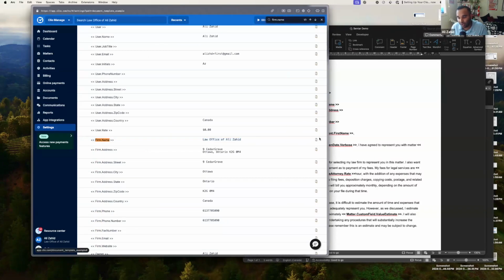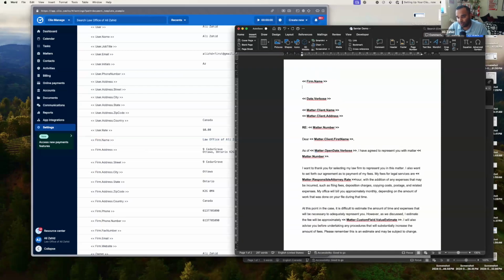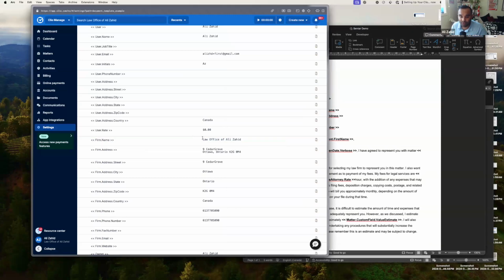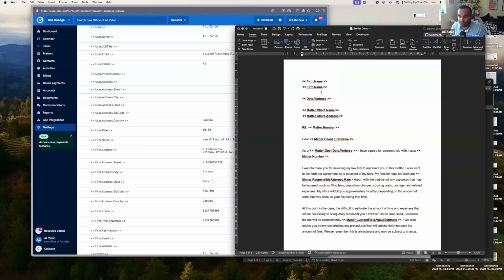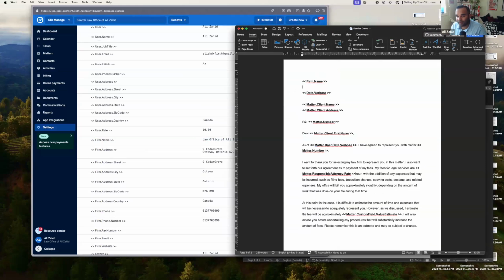You can copy this very easily over here, with this copy to clipboard button. When you do that and you come into your Word document, as you can see, it'll say firm.name. So whatever my firm.name is over here will be pasted when this document is created. This is how you take everything inside your Matter and use whatever information is inside Matter in your